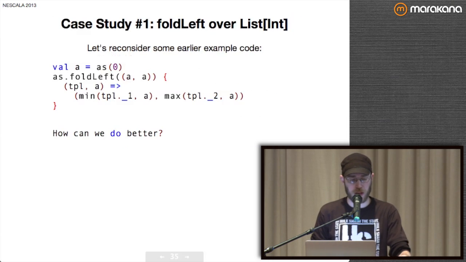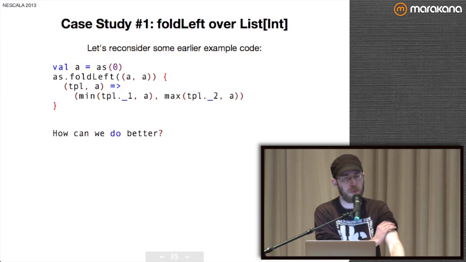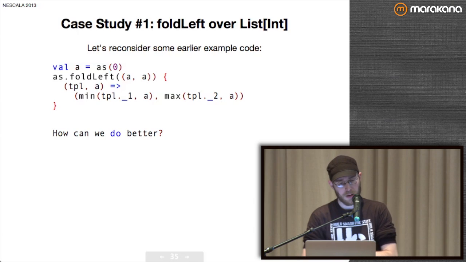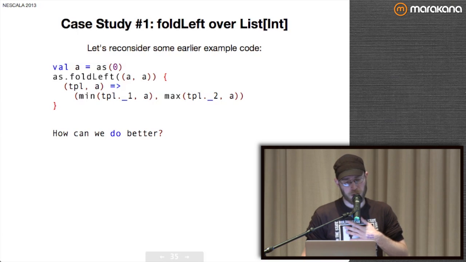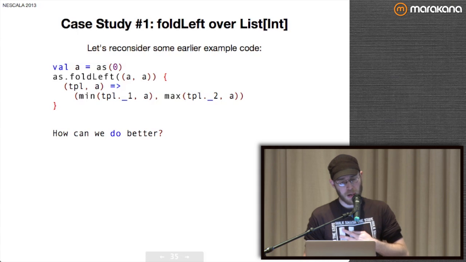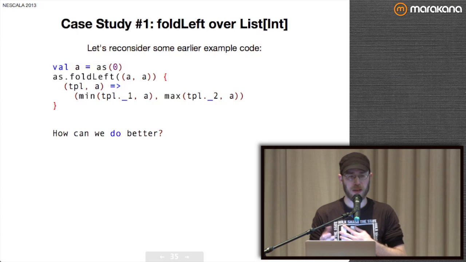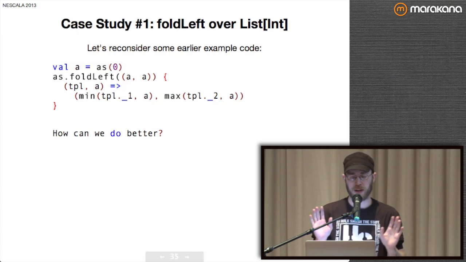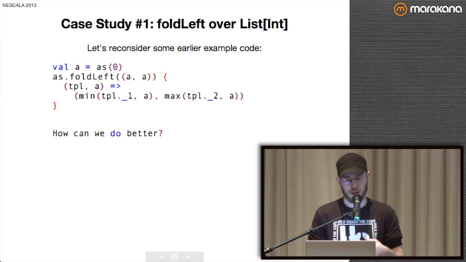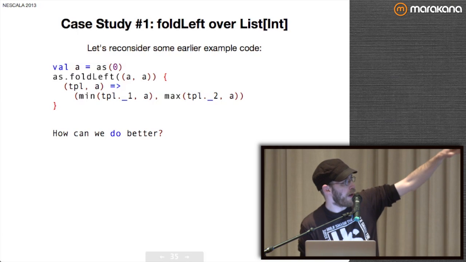So anyway, let's go into some case studies, just because I'm saying all this stuff, but maybe I'm just lying and making it up. So here's an example where we have a list of integers, right? And let's say that we need a list. Maybe we're doing a last in, first out queue or something, or we need the cons structure. We're not just going to use an array, because I would love to use an array here, but let's say I can't. So here's an example where I have my list,